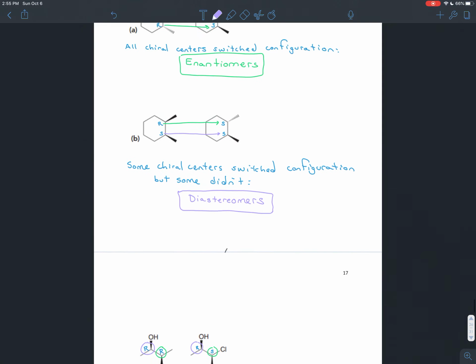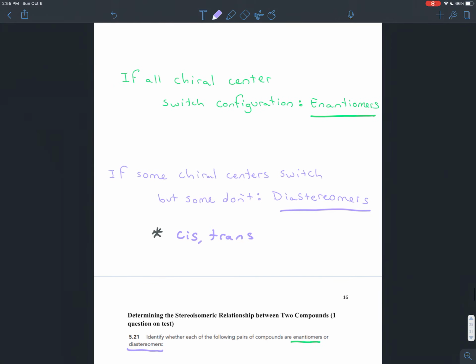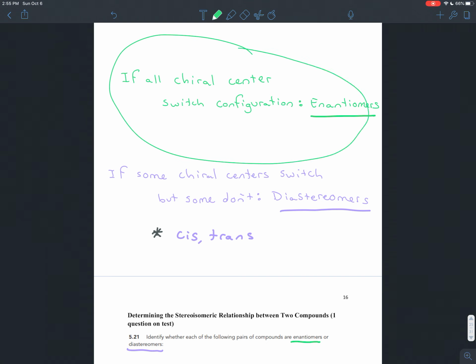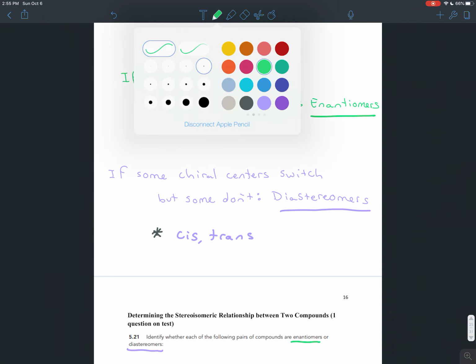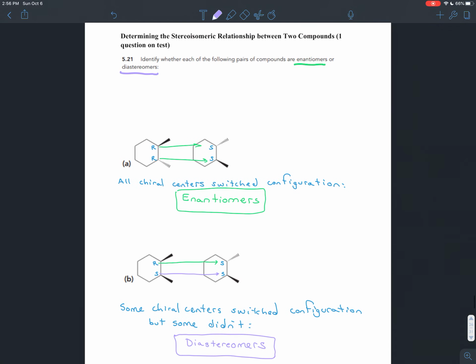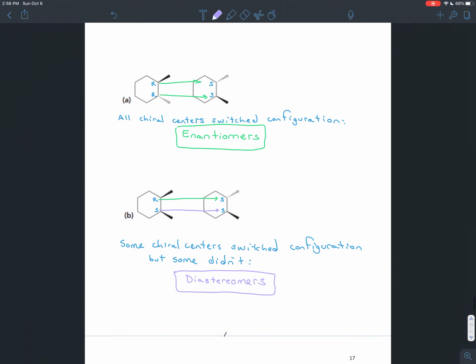So that's how we can get a sense of the relationship between two molecules, the closeness or the difference between two molecules based on their stereoisomerism. If all of the chiral configurations switch, then the two molecules are as different in three-dimensional space as they could possibly be. They're enantiomers. And if some of the chiral centers switch but some of them don't, they're still not the same molecule, but they're closer. And the term for that is they're diastereomers. And so we can describe those stereoisomeric, those three-dimensional